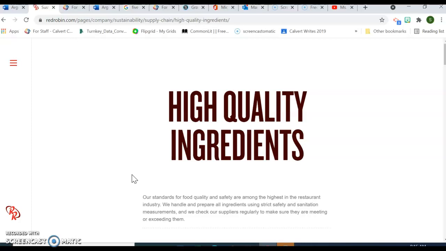So just like I did for Five Guys, I went to Red Robin's website to see if they talked about what kind of meat they use, because that, again, needs to be balanced. When I'm creating my counterclaim, I want good sources for my other side too. Because if I'm going to talk about why my side is better, I have to be fair to the other side. I have to show their good sources too, because that only makes me look stronger and better and wiser if I'm using just as good of sources for the opposition as I'm using for mine.